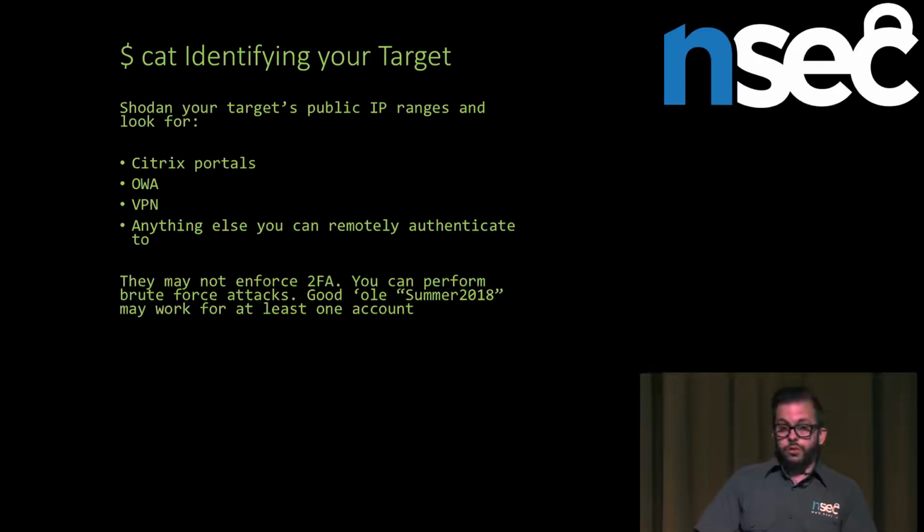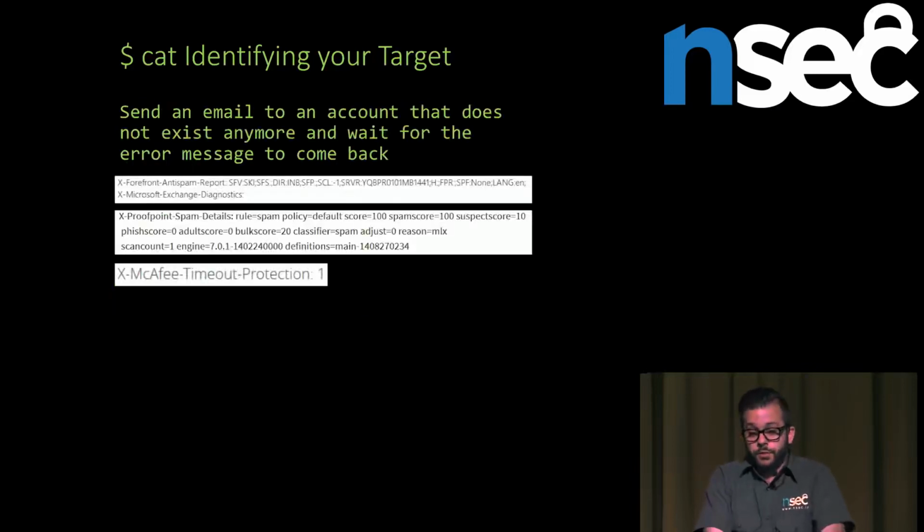And as I told you, the good old Summer2018 is always going to work, unfortunately, because it's compliant even if your password policy is enforced. Except nobody enforces the special character policy on Active Directory. So even if you know for a fact that your client is enforcing that, just add a bang at the end, and you're still going to get success, unfortunately. And that's a fact. That's the sad part of it. I'm not even joking.